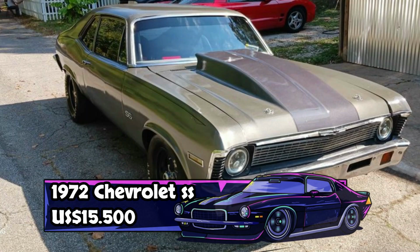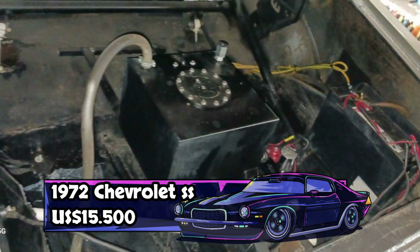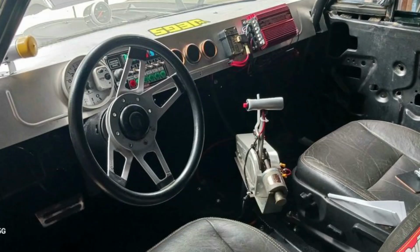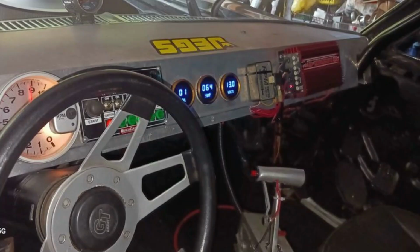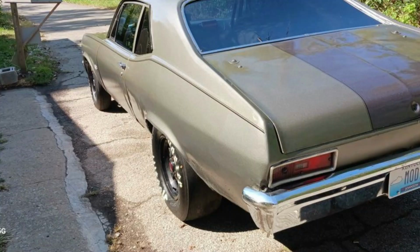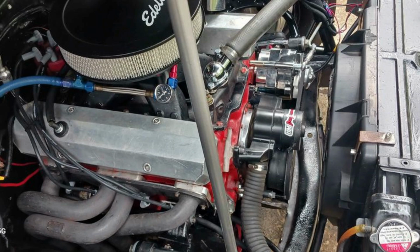Number 9. The 1972 Chevrolet SS, priced at $15,500, is a fully built drag car designed for performance enthusiasts. It features a 358 engine with 11:1 compression, a 2-speed transmission, and a 4.11 heavy-duty rear end. The car is equipped with a full roll bar, Caltrac suspension, line lock, an MSD ignition system with a 6+ box, and a cowl induction hood. New slicks have been installed, ensuring the car is race-ready. This Nova is ideal for someone looking for a serious drag racer, offering both power and safety enhancements to dominate